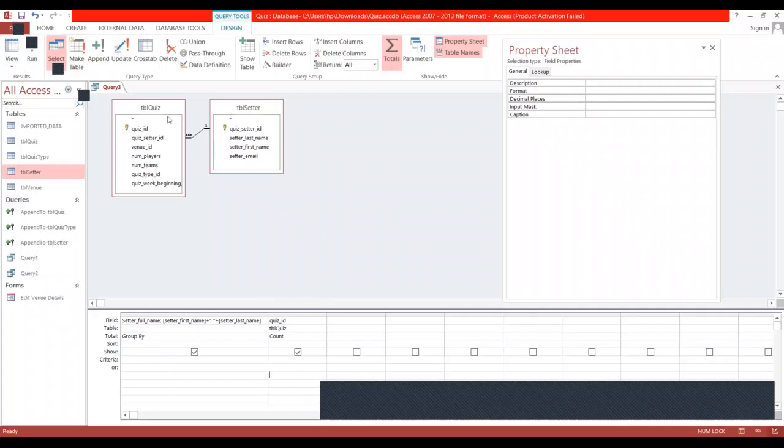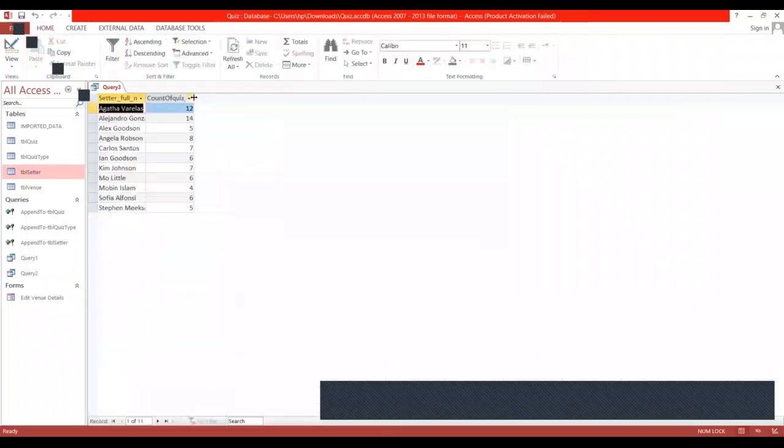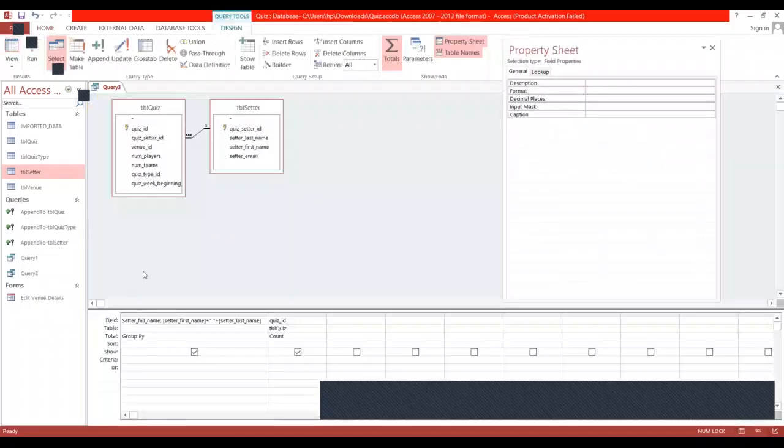And then using quiz ID, I can count how many times his name had been used. So count will give us the number of times he has conducted the quiz. So when I run, I can see this is count of quiz ID, but I do not prefer that as the field name. So I can go back here